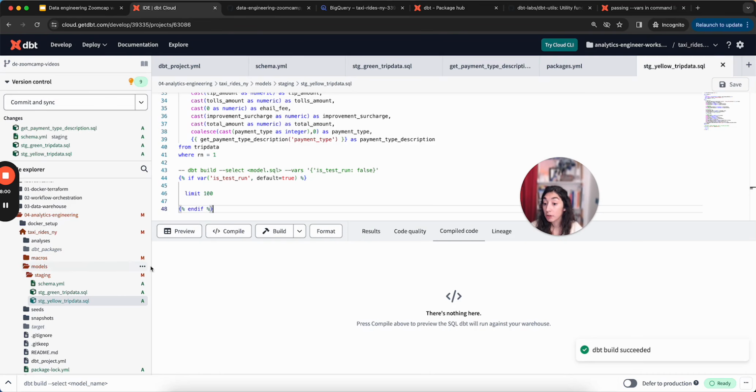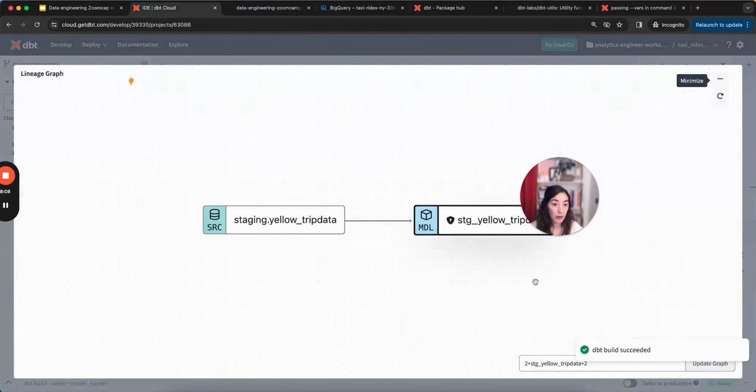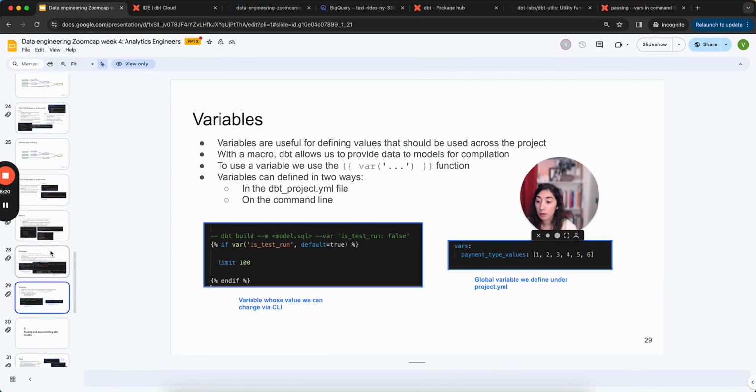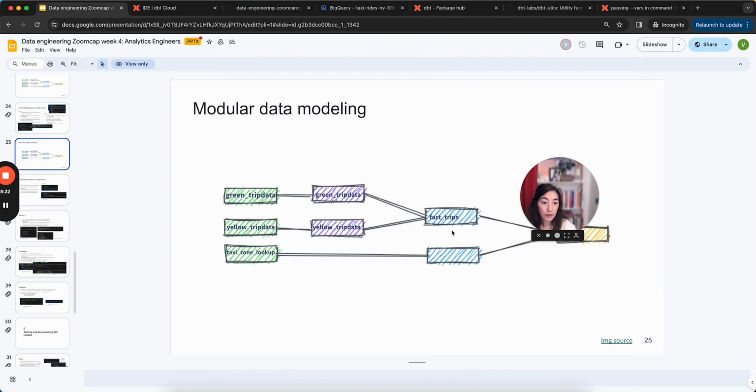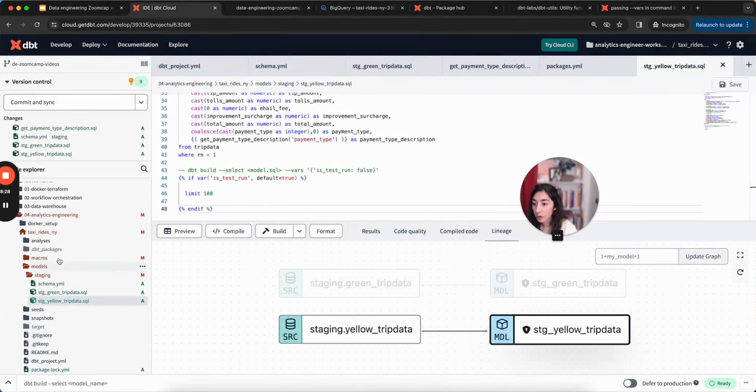And now we're going to move one layer. Something that when we did that, right, it generated this lineage. So far our project, let's delete and see the whole project. Our project looks something like this. We have our two sources and we have a piece of models here. And remember, we need to now create our fact and dimensional tables. So we're going to come here. We're going to create a